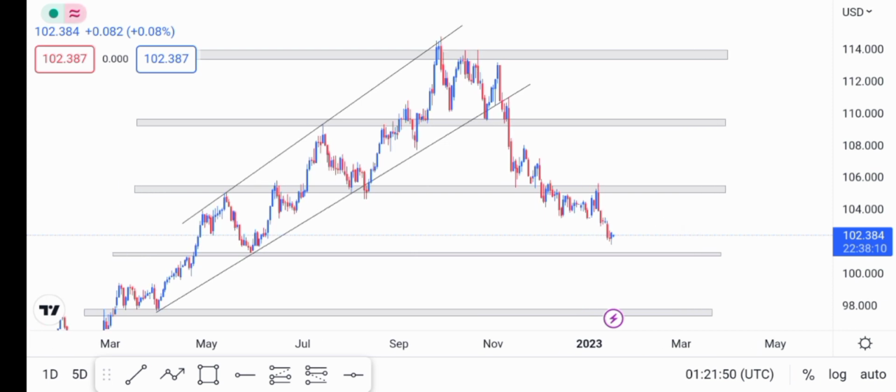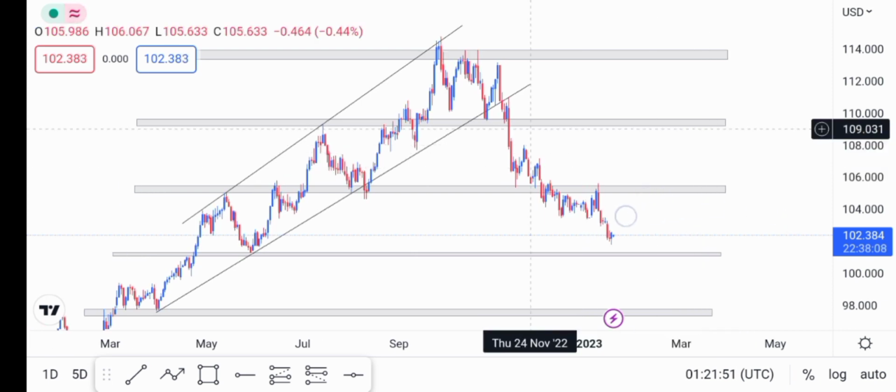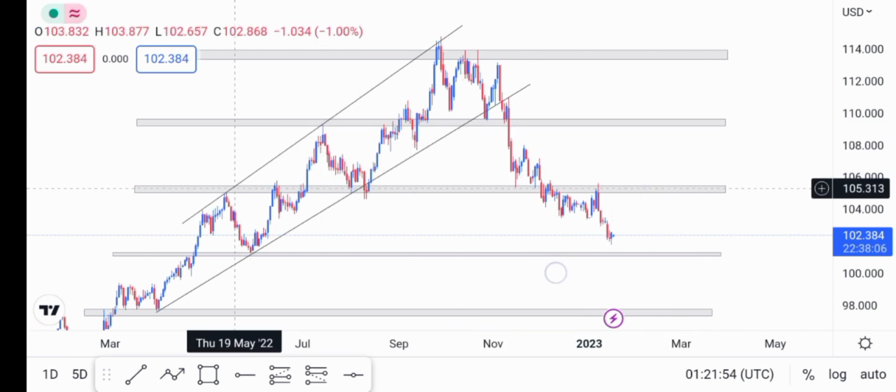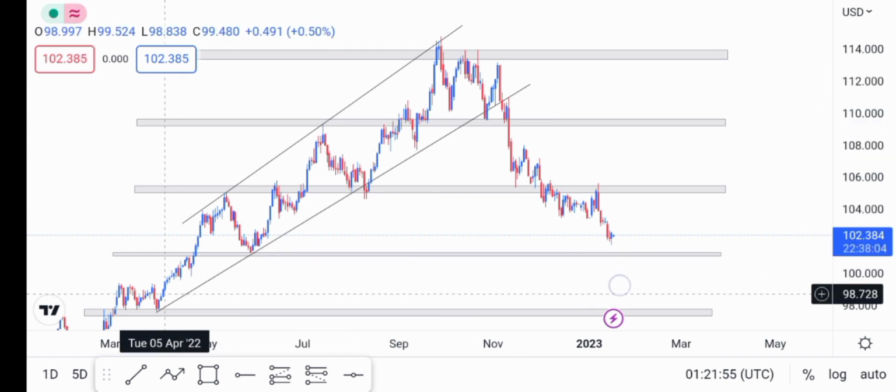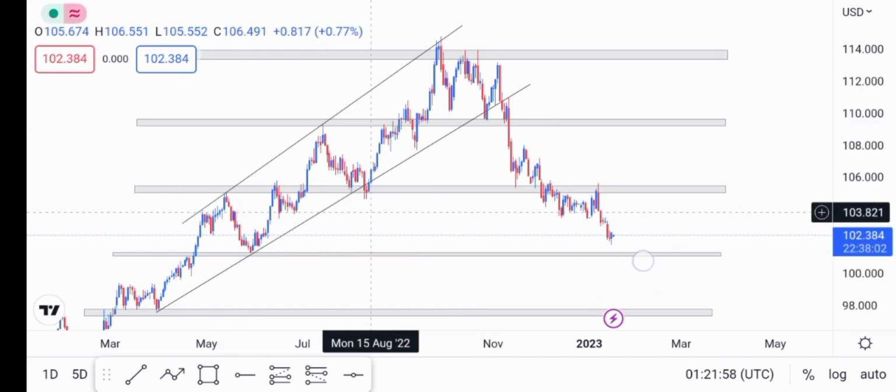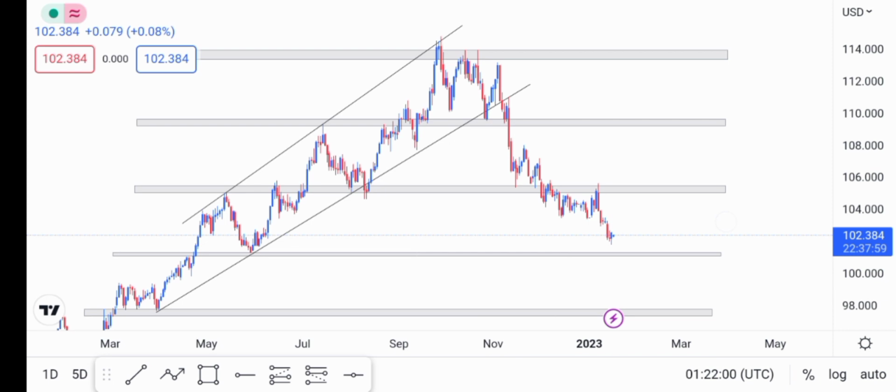So you can see on the daily time frame, we are playing around this pattern right over here. You had first, second, third touch, and on the lower side, first, second, third, fourth, fifth touch right over here. But if you look closely,